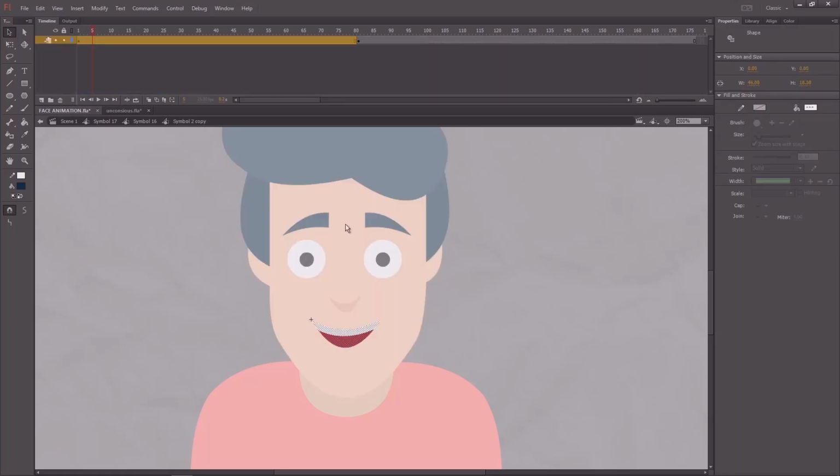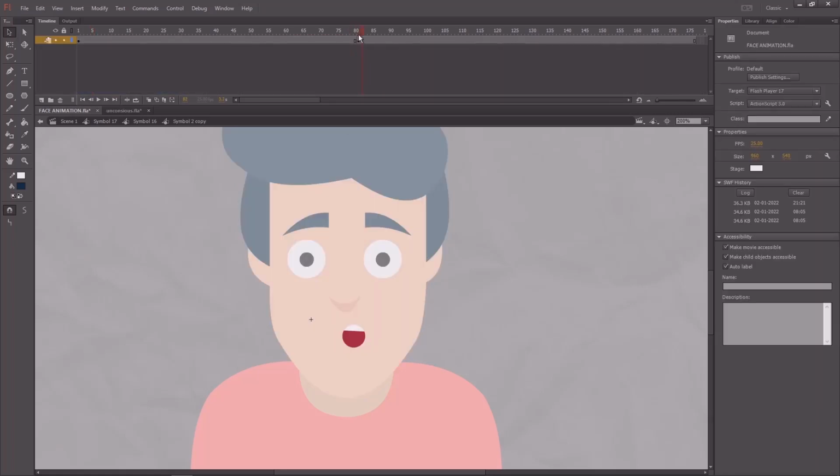Go inside and place the mouth in the exact place.